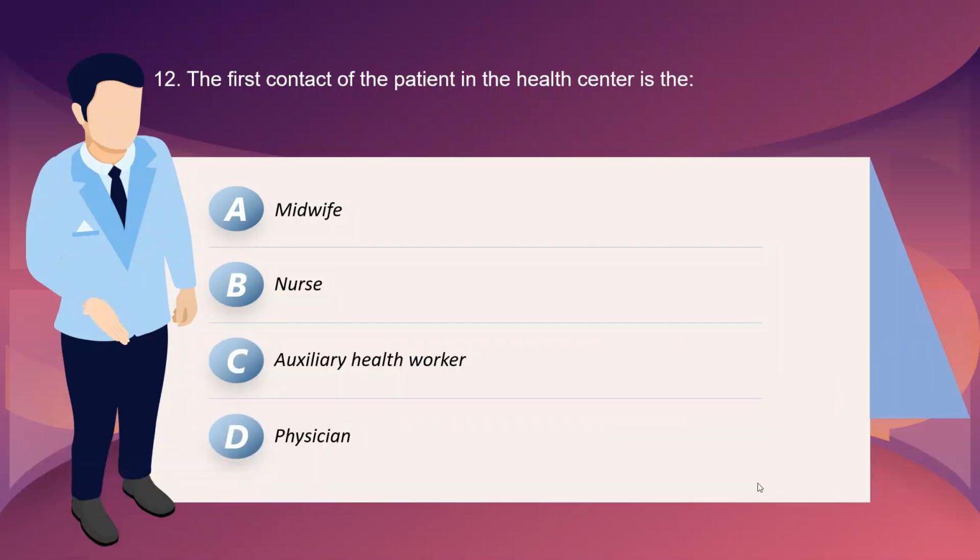12. The first contact of patient in the health center is the. Of course, we know that in the health center, there are actually individuals present. So letter A, midwife, B, nurse, C, auxiliary health worker, or D, physician. Of course, these midwife and auxiliary health workers are usually not in the health center because they conduct home visits. They are actually the contact of the people in the community but not in the health center, because in the conduct of the home visit the midwife is actually assisted by the auxiliary health worker or basically the barangay health workers, and they are now going to be